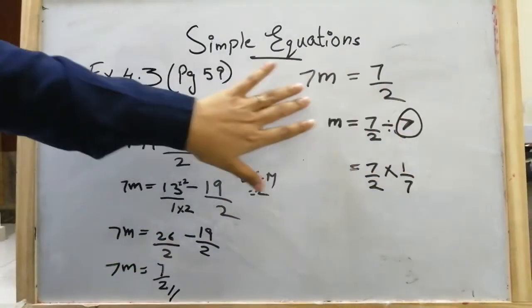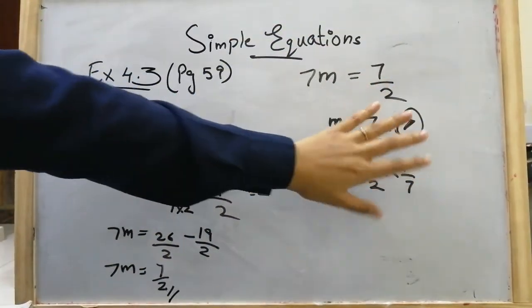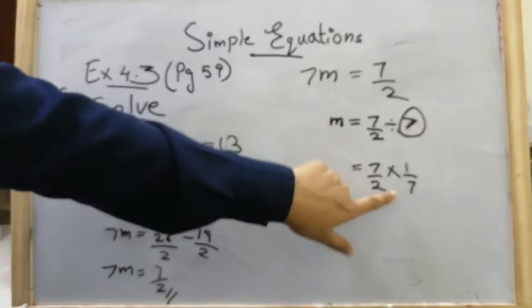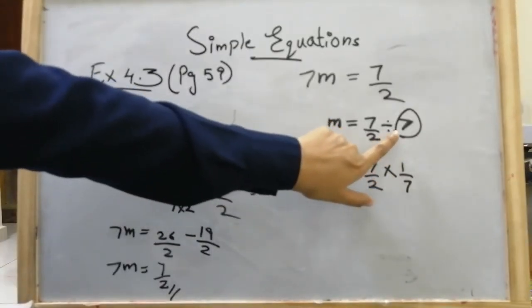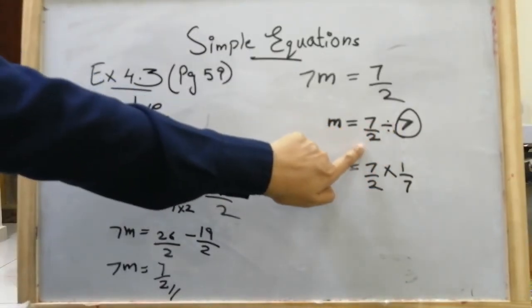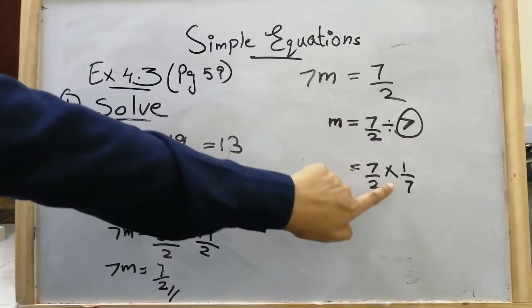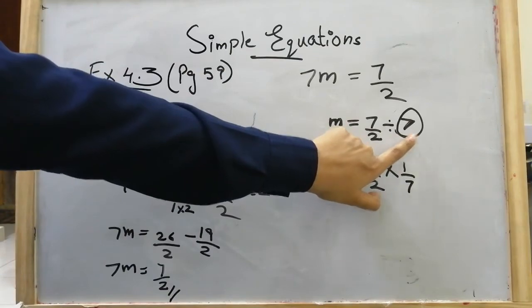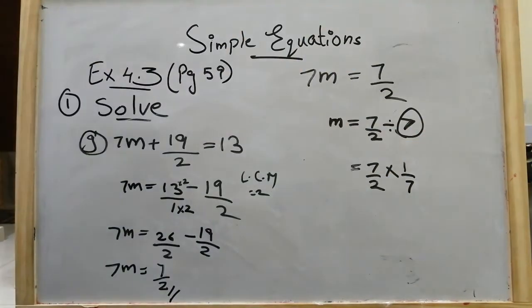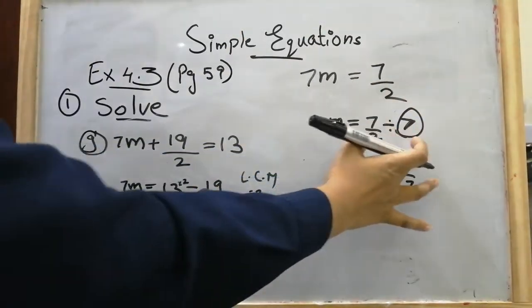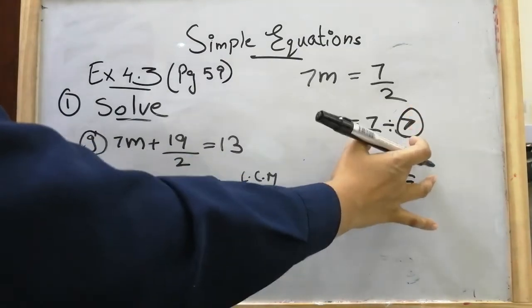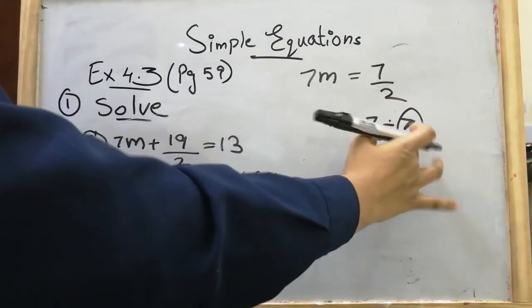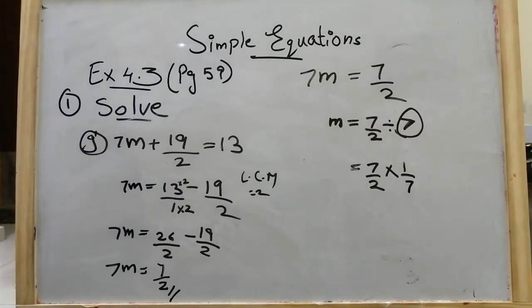In case of division, you can write it as it is, the number same. But when we have to solve division in case of fraction, we convert division to multiplication. And when we convert division to multiplication, we are supposed to find the reciprocal of the second number. For the second number, there is no denominator, means it is 1. So 7 by 1, and reciprocal of 7 by 1 is 1 by 7.